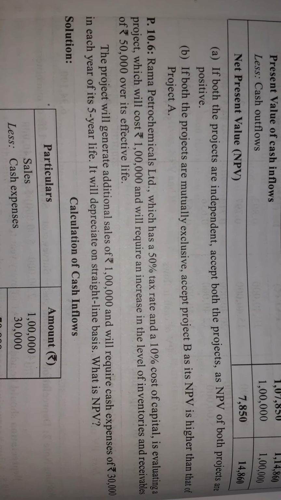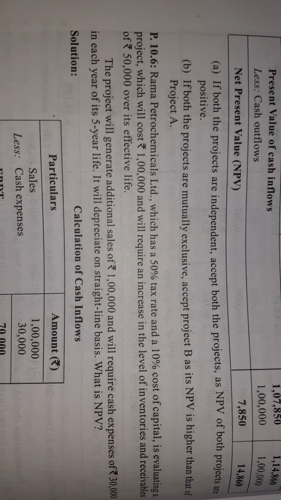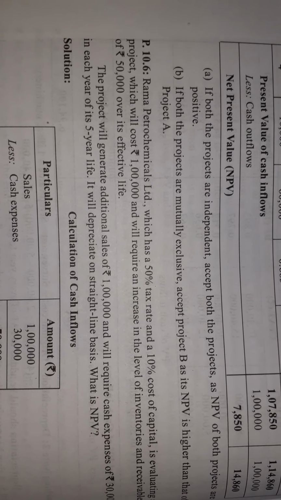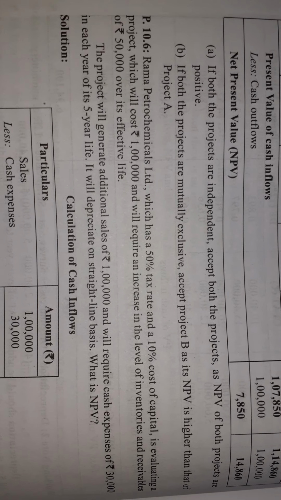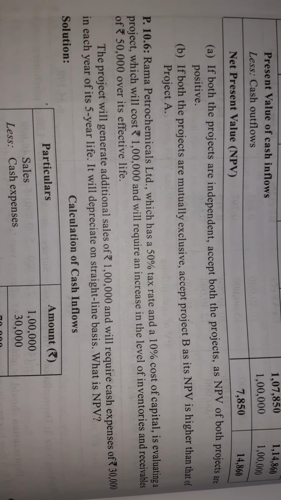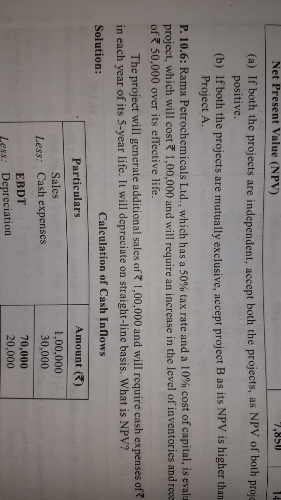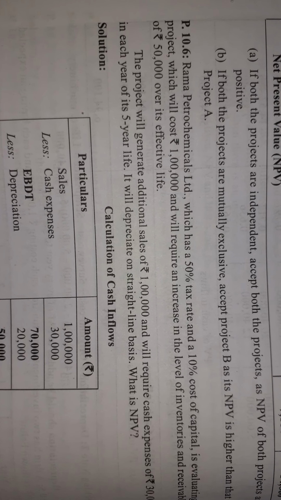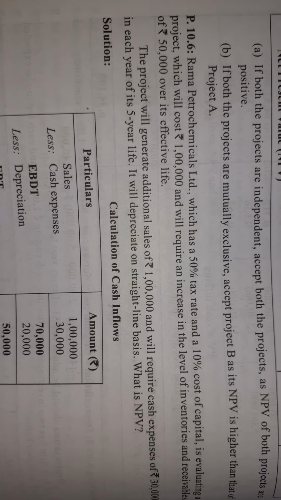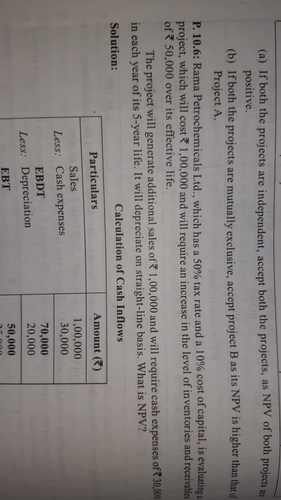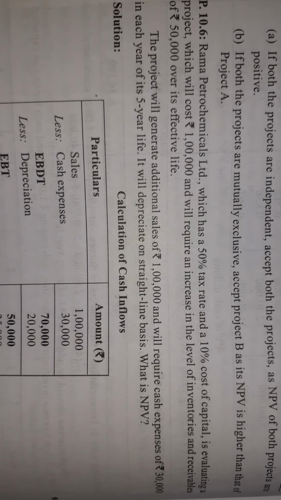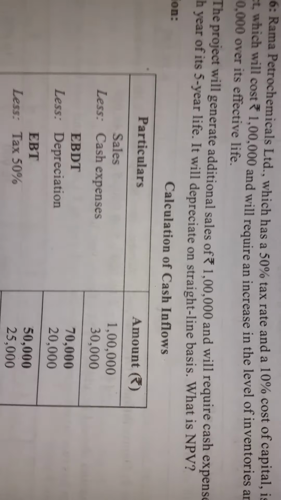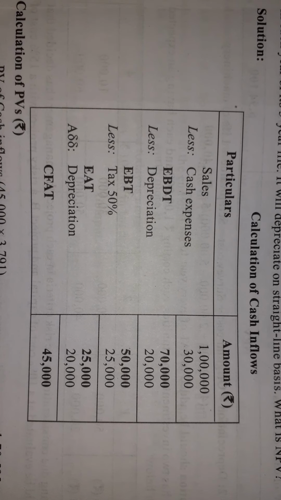But to calculate the NPV, in the previous problems, they only gave the cash inflows, that is how much we will receive every year. Because what is the formula for NPV? Present value of cash inflow minus cash outflow. So here, we don't have any information on cash inflow. Right? So how do we do that? We have to calculate it. Okay, like this also in the examination they can ask. In the previous problem they used to give the cash inflow. Here in this problem they have not given the cash inflow. We have to calculate it. Let's see the solution part, how we go for the solution.